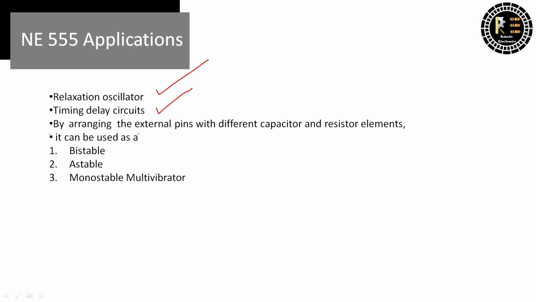By arranging the external pins with different capacitor and resistor elements, it can be used as a bistable, astable, and monostable multivibrator. Like the external pins, threshold and trigger, when these pins are arranged with some circuit of resistors and capacitive elements, then the circuit can be used as different types of multivibrator. This is all about the